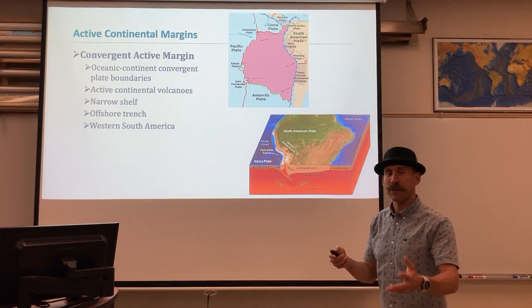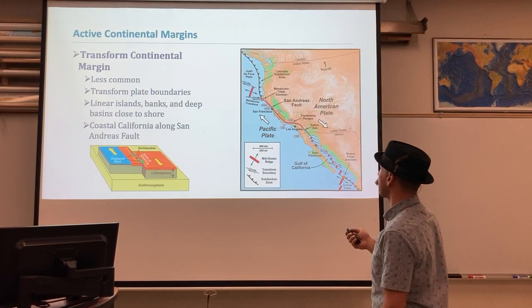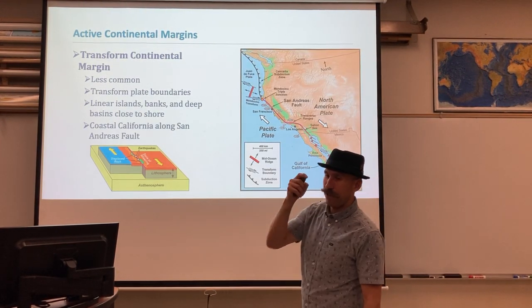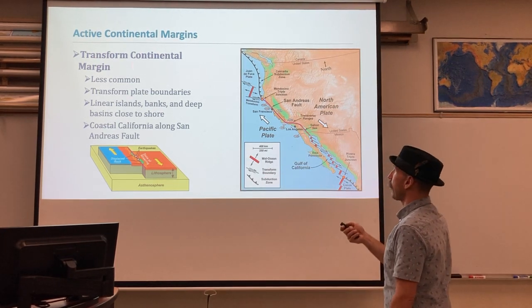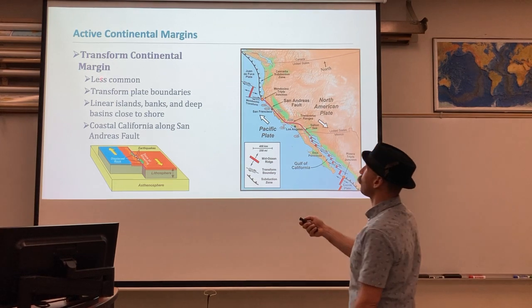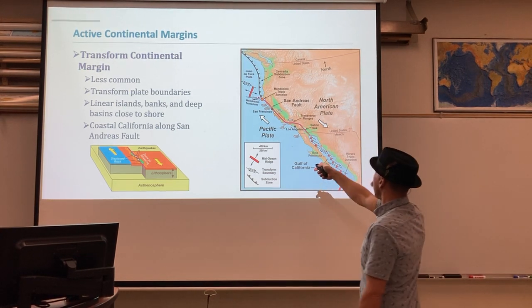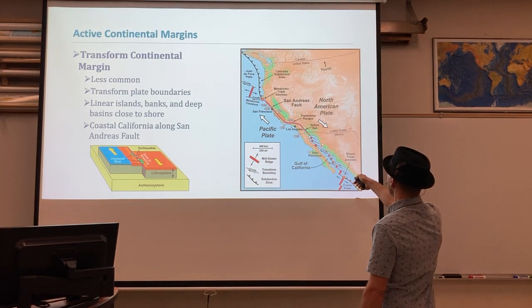We can observe these, and we notice this in bathymetric profiles around the world. The next type of active continental margin is going to be a transform continental margin, like the one running through